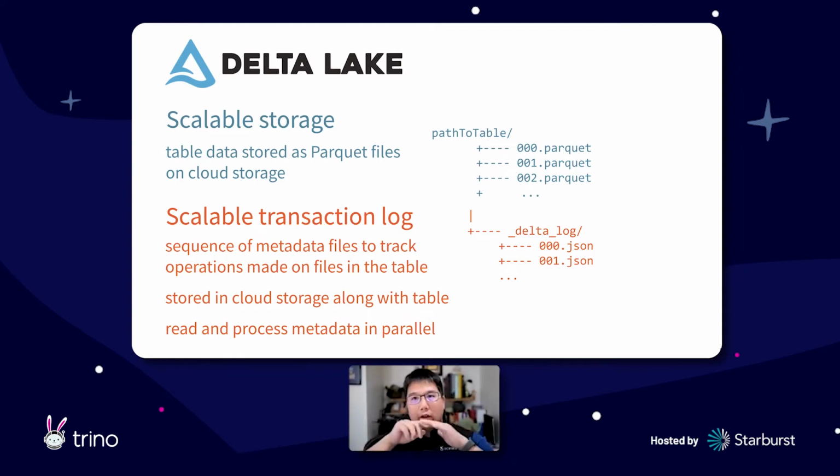So instead of doing that file listing from Cloud Object Stores, it's simply reading a single Parquet file or a set of JSON files to determine what makes up that table. Then Trino is able to quickly send its worker nodes to query the data directly, so they know exactly which Parquet files to hit in order to read that data. So it's a really powerful way for you to scale both the storage and the transaction log itself.